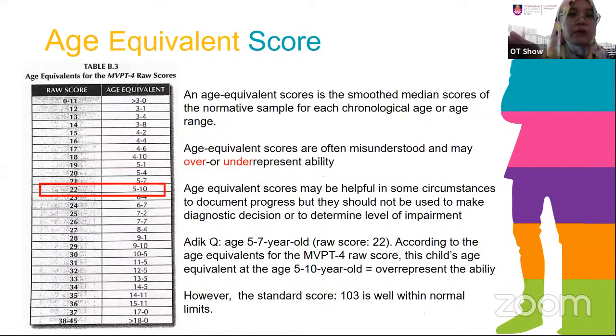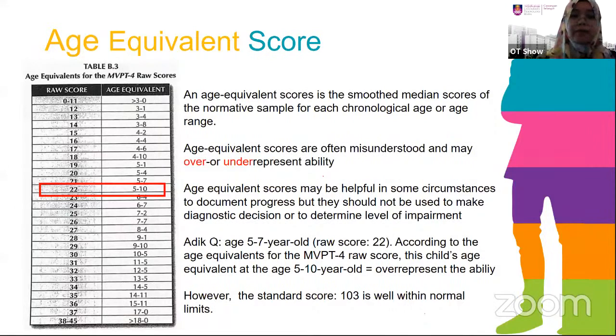Okay, tapi kalau untuk MVPT4 dia tak represent secara tepat performance kanak-kanak tersebut. Okay, sama ada sebab dia range kan. Okay, sama ada dia terlebih overestimate budak tu punya ability ataupun dia underestimate budak tu punya ability.